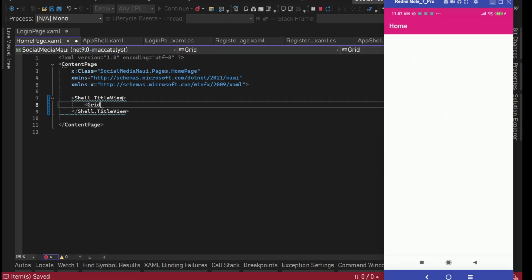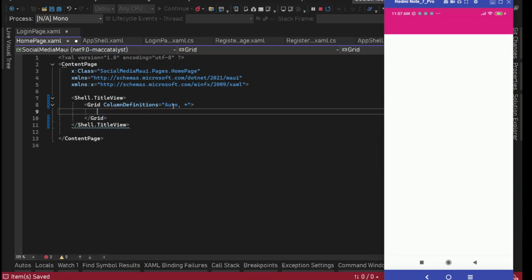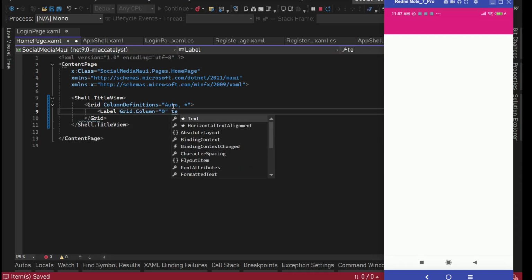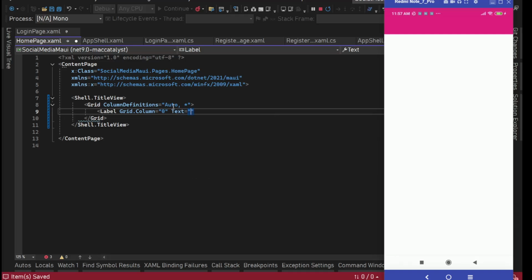So here I'm going to have a grid with two columns. First column will have the name of the application, and then the second column, at the very end, we'll have our buttons. So column definition, we'll have Auto, whatever space the text needs, and then simply star. Now the first, the name of the application. So we'll say Grid.Column 0, and text would be our